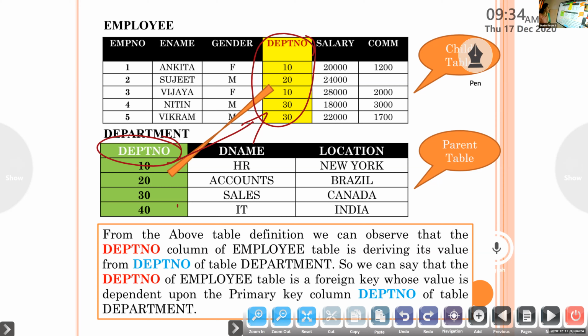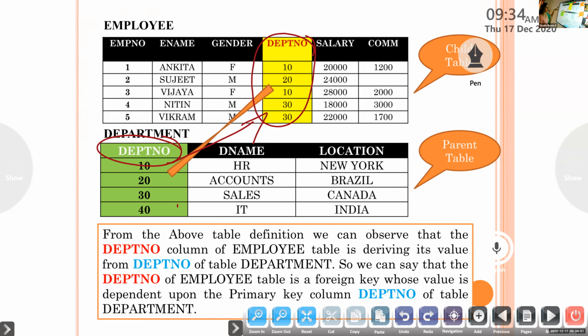So why is it called a non-key attribute? Because in employee table, the different keys of employee table are EMPNO, ename, gender, salary, and COMM. What about this department number? This department number's values are coming from this table. Even though it became part of this employee table, the reference is originally from department table.